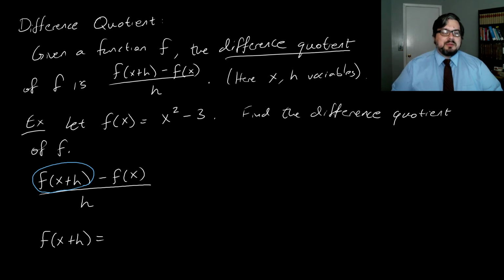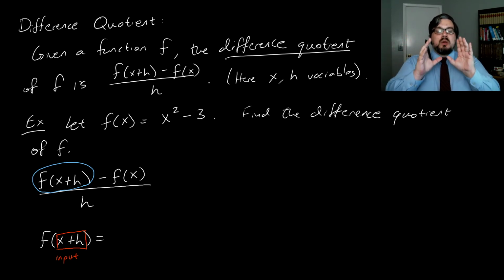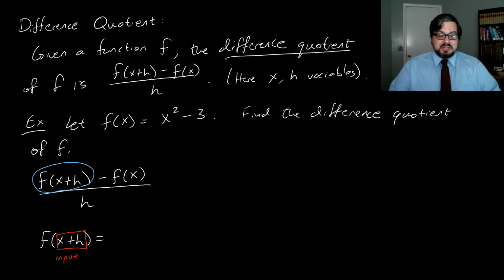And the thing to remember is that when you take a function and evaluate it, then whatever is inside here is the input. In particular, it's one solid thing. And when you are going to plug your input into your function, that whole thing comes along all at the same time. So if my input is x plus h here, then that's exactly what I'm going to plug in